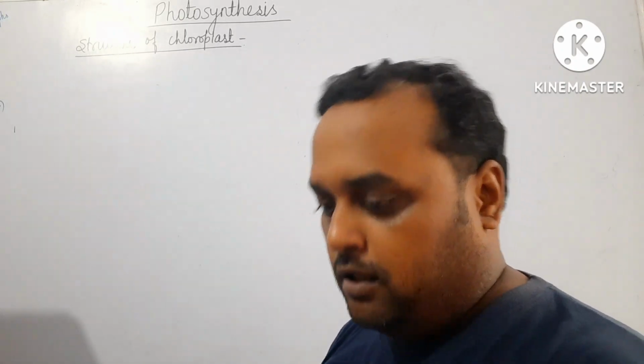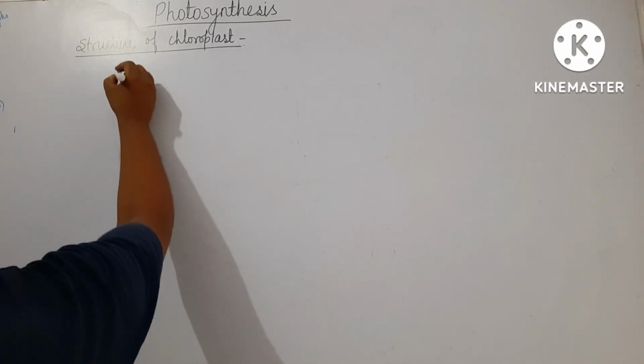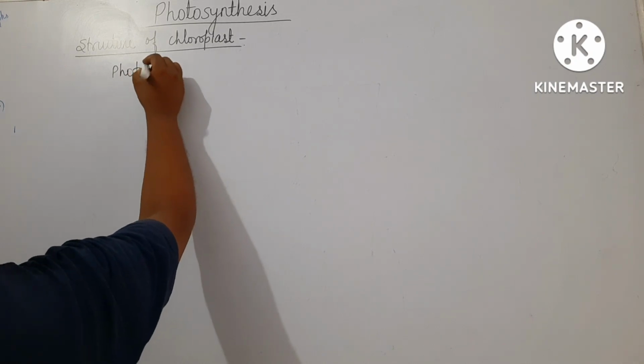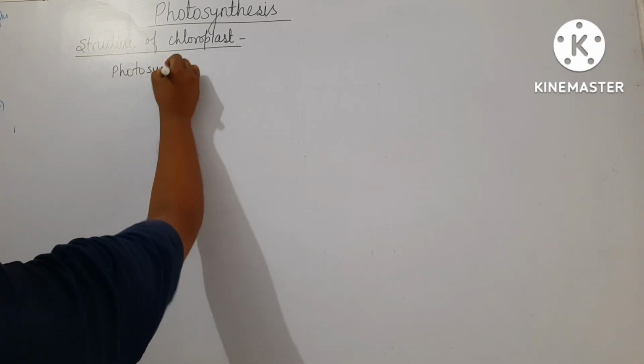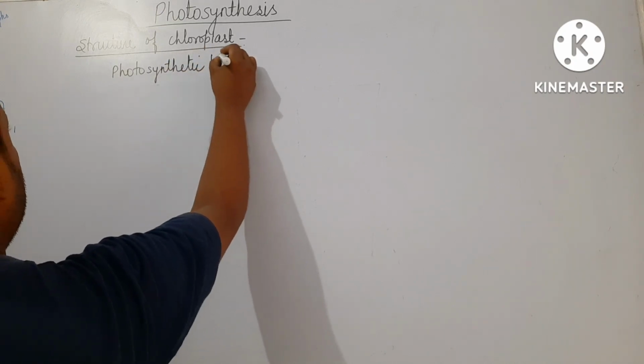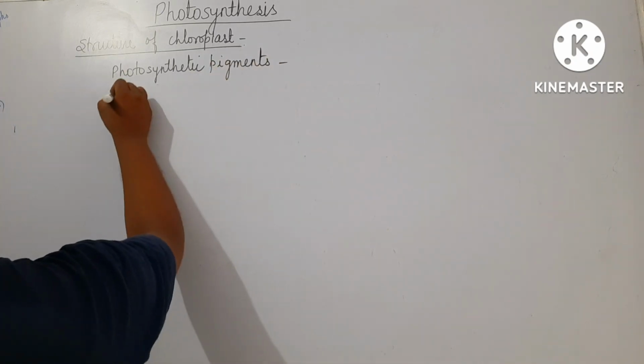First is the chlorophyll. Now we can write here photosynthetic pigments. So first is